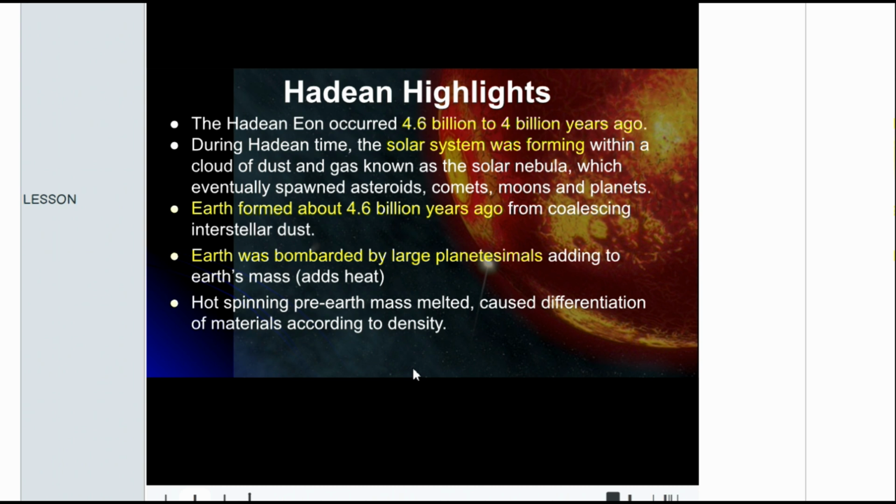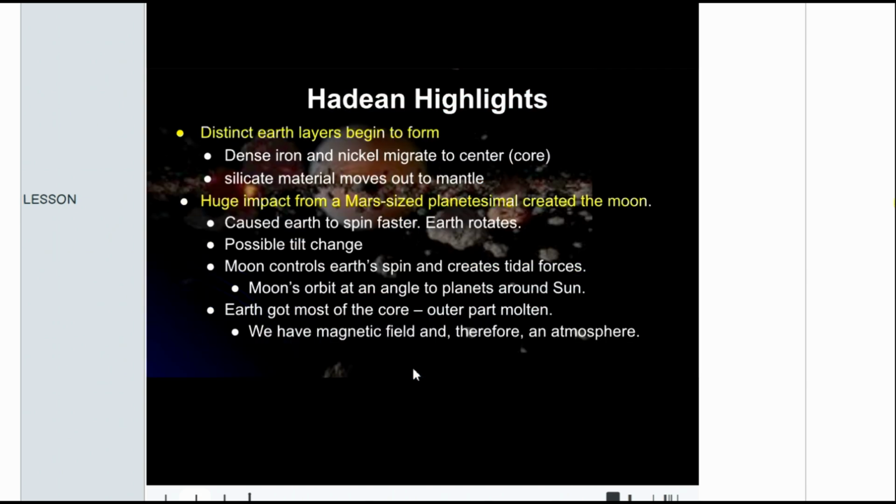Because of this, all of the layers are going to separate out. Less dense layers are going to come towards the surface. More dense layers are going to sink towards the core. So when we form those layers, the iron and nickel are going to go down to the center. They're going to sink to the core of the Earth, and they're going to start solidifying because of the intense heat and pressure down there. So we're going to start getting our solid core. All of the silicate material is going to move out to the mantle area, which is the part that's still the hot, molten, flowy